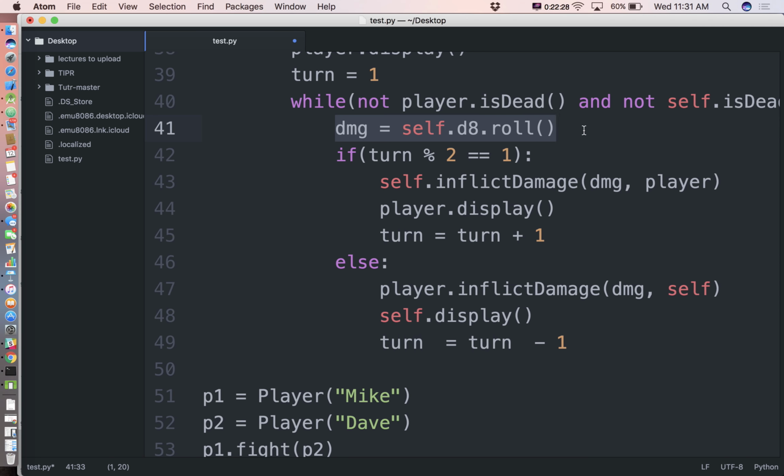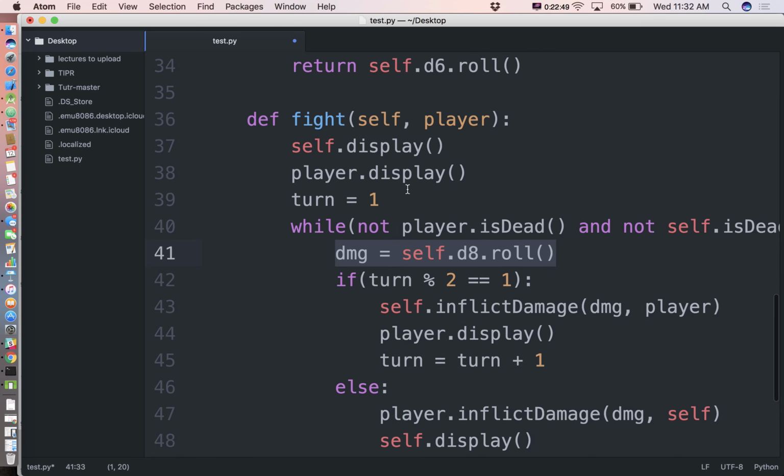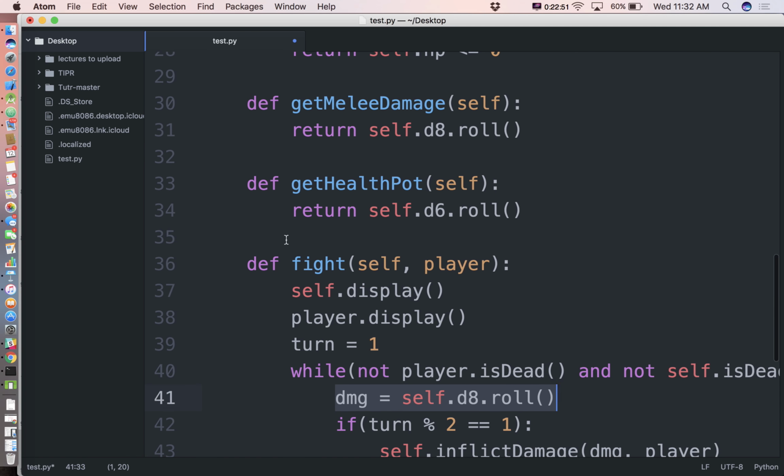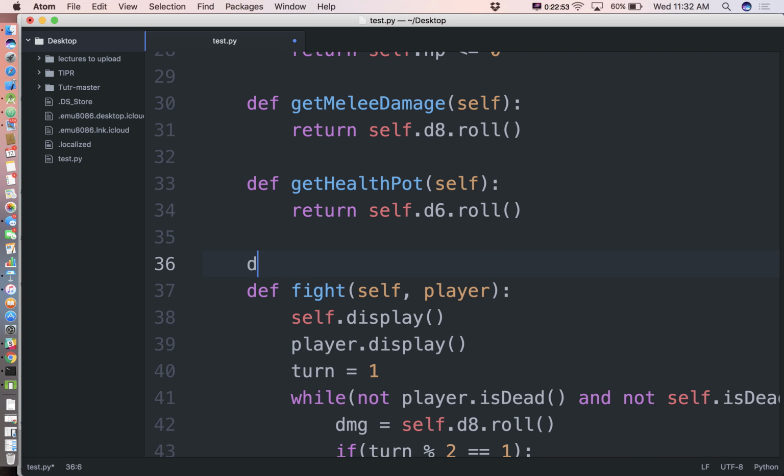So when it's somebody's turn, we need to ask that person, what do you want to do? Do you want to attack, or do you want to heal? Right? So we need to be able to show the menu for attack versus heal. And so let's go ahead and give ourselves the ability to show a menu. Def show menu